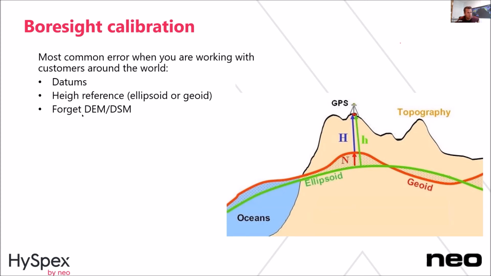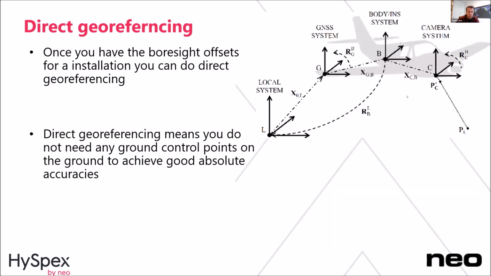Okay, that's a bit bad wording, but the difference between DEM and DSM can also matter. For example, if you're doing this from an airborne system and you're using the corner of a building as a reference, it can be okay if you're flying high from an aircraft. But from a drone system, you are selecting it and it's getting the height from the surface model or elevation model, then it's very easily 3-4 meters wrong because you're not hitting the correct pixel on the corner. I will show a bit of that tomorrow